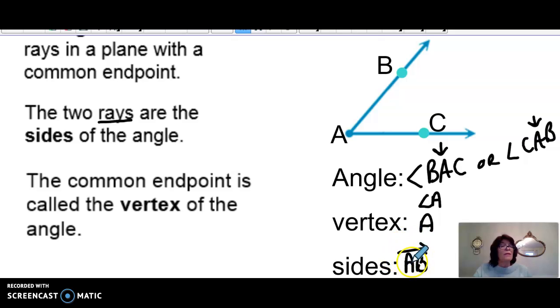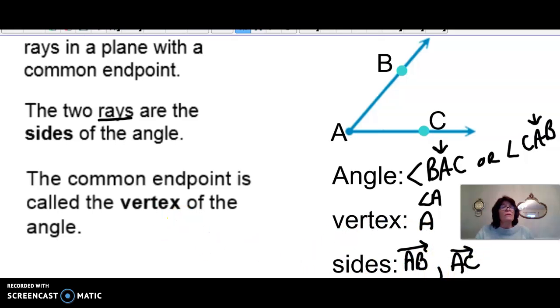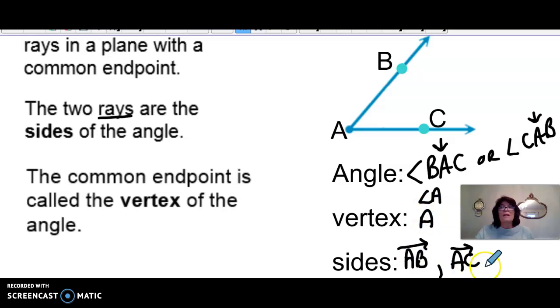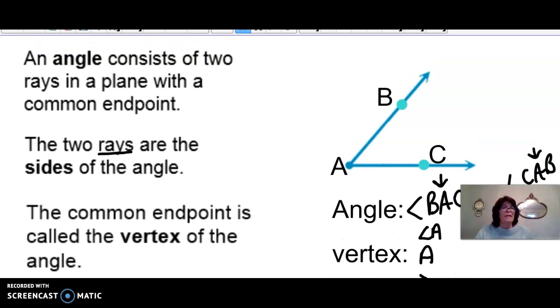I don't put two arrows. That means line AB. This is ray AB, and the other side is ray AC. Okay, so just a little reminder of that terminology, as we dust off the geometry cobwebs and head into